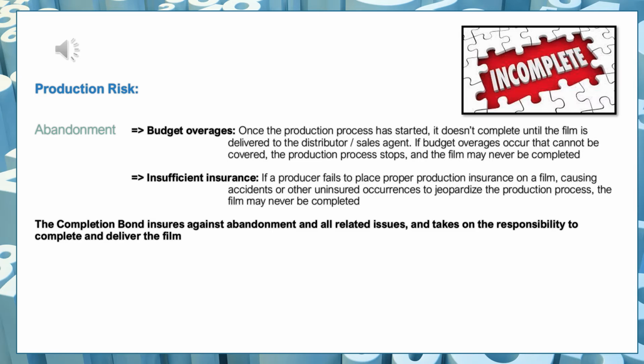And it does happen a lot, especially with films that don't have a completion bond insurance. Sometimes you also deal with films that are not properly insured. So you might have a production insurance, you might not have a completion bond insurance, they're not necessarily the same, and maybe this production insurance does not cover certain things that are now happening. I have seen that happen with productions. So it is important for you, when you are producing a movie and you are investing in a movie, to make sure that all the production aspects are insured. So when you have a good completion bond company and production insurance, you will not be dealing with any of this.